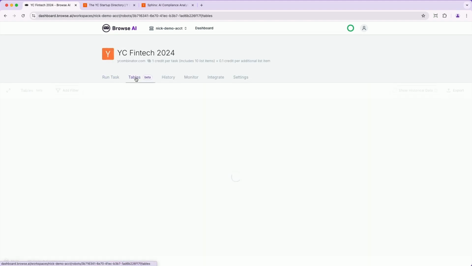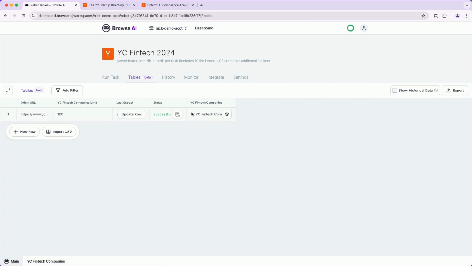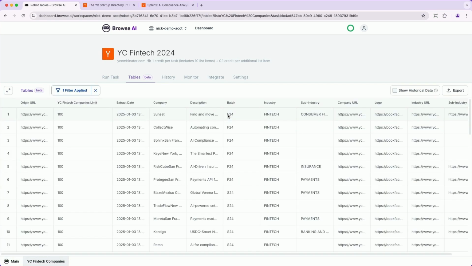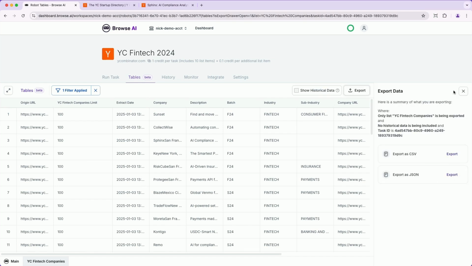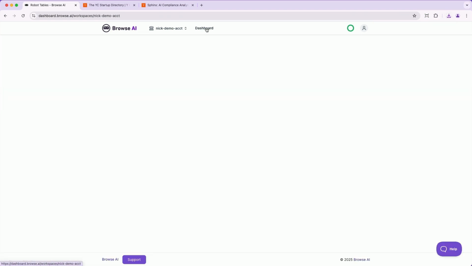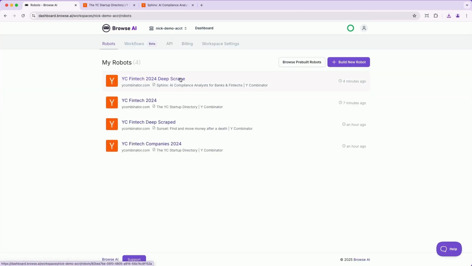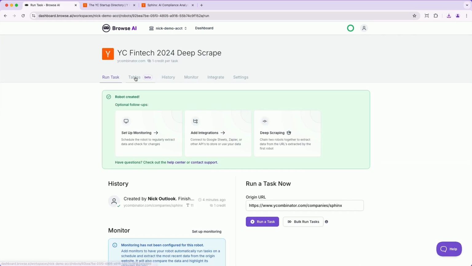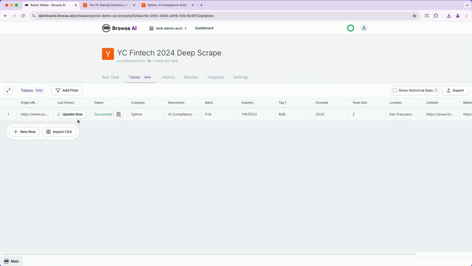Go to tables. And in this row of data, we'll hover on the item, click the I to see all of the rows that were extracted. And on the right, we'll click on export. And then export as CSV. And in a few moments, we'll have that ready to download. We'll click download to save it to our computer. And now we'll go back to the robot that does the deep scraping to import that CSV. So back to tables, import CSV,